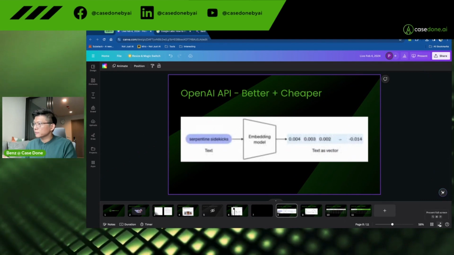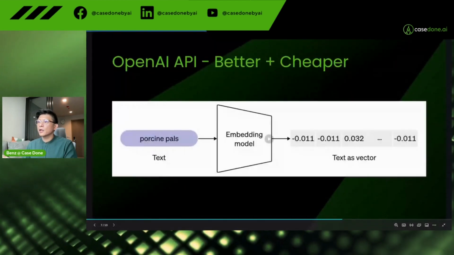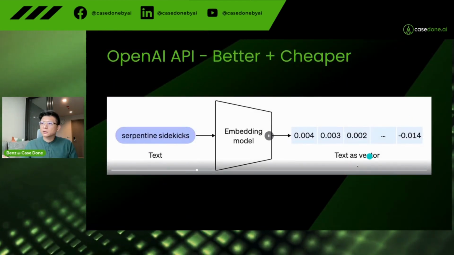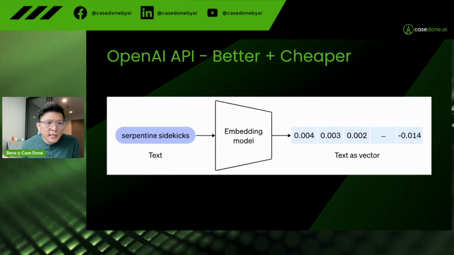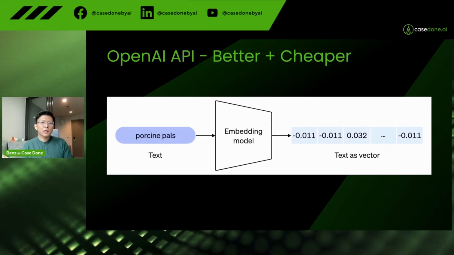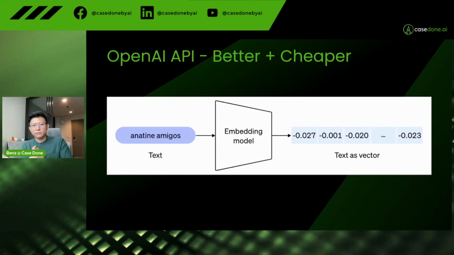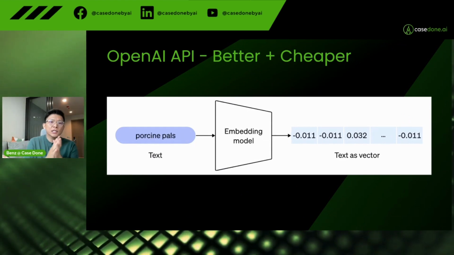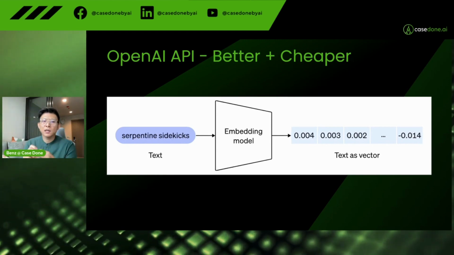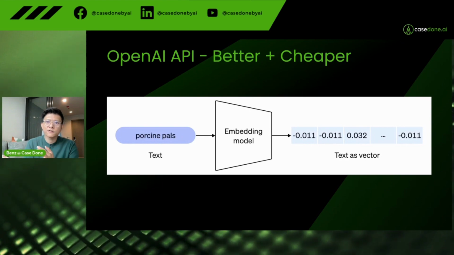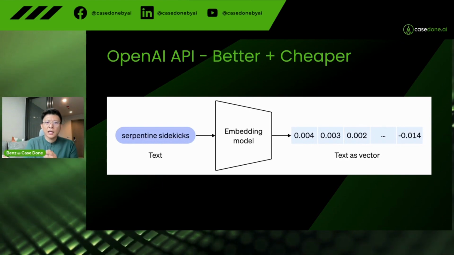OpenAI has improved its embedding models. It's now better and cheaper. What is an embedding model? So embedding models, the way it works is essentially it's creating a representation of a sentence or of a paragraph